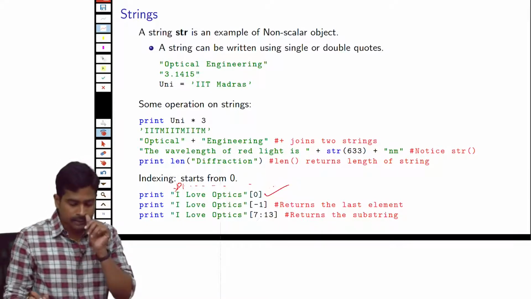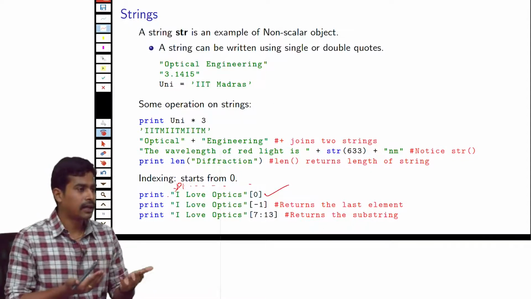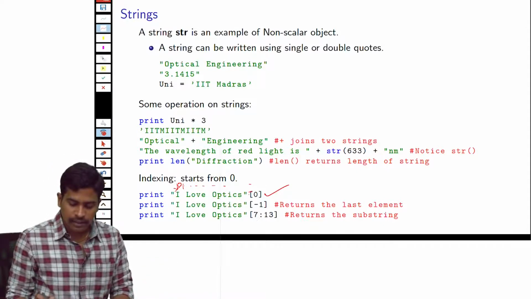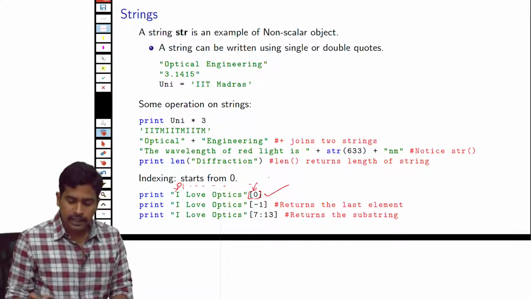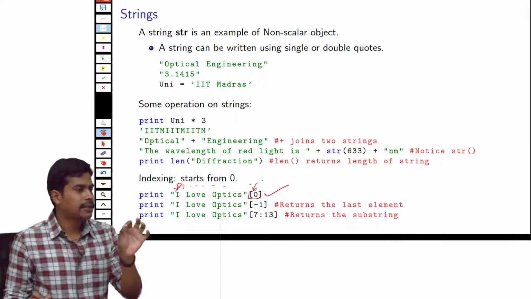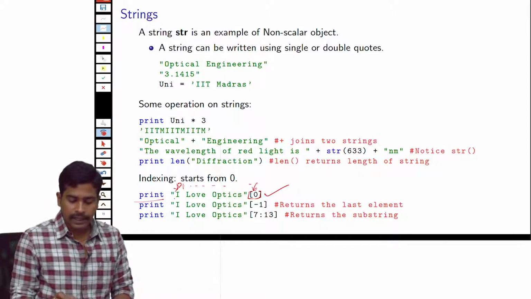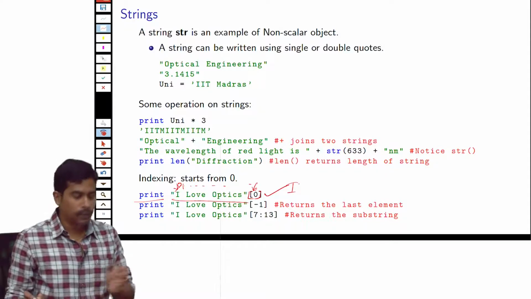This is very important. So for example, if you want to print a particular character in a string, like 10th character or first character, we can use these square braces, and inside the square braces we can give the index of the character that we want to print out. So we can just say print, and we can give some string. So this will give the letter I at the output.